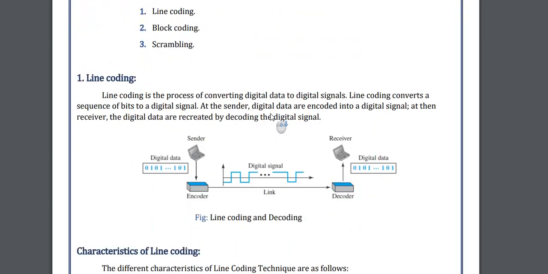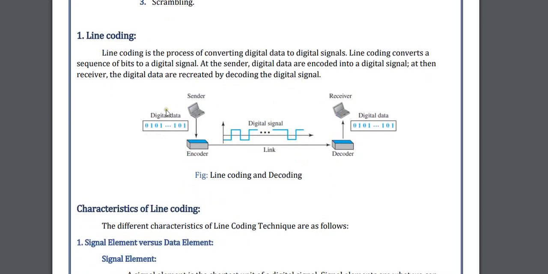First one is line coding. Line coding is the process of converting digital data to digital signals. In line coding, a sequence of bits is converted to a digital signal. At the sender, the digital data are encoded into a digital signal, and at the receiver side, the digital data are recovered by decoding, which